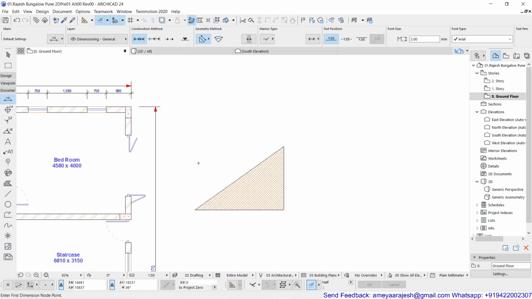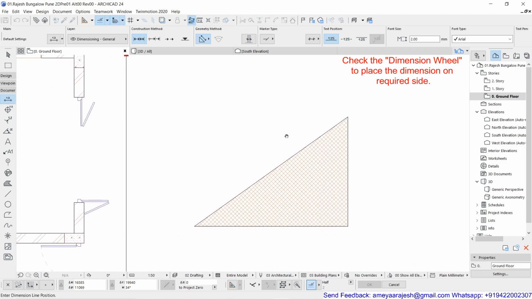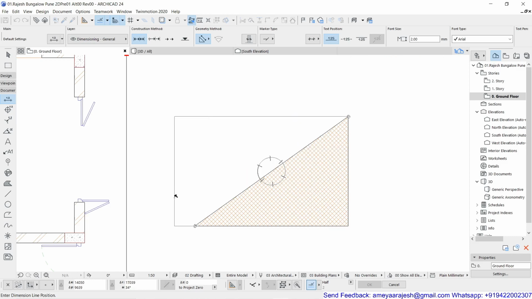With the any direction method, if I click on this inclined side for its first and second node, and then double click on the empty part of the drawing, you will get one wheel known as a dimension wheel. Remember, this dimension wheel will help you select one of the possibilities you would like to use. Now there are three possibilities: either I can go parallel to the inclined side, or parallel to the x-axis, or parallel to the y-axis. Fine. So this is how your dimension wheel is working for you.